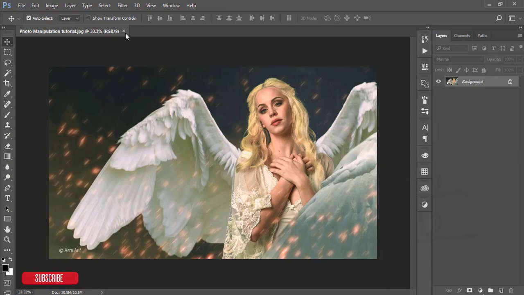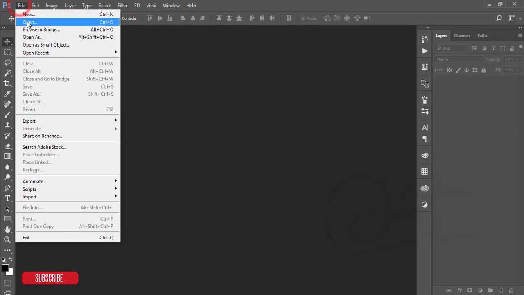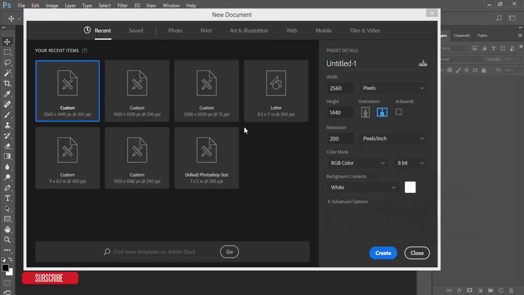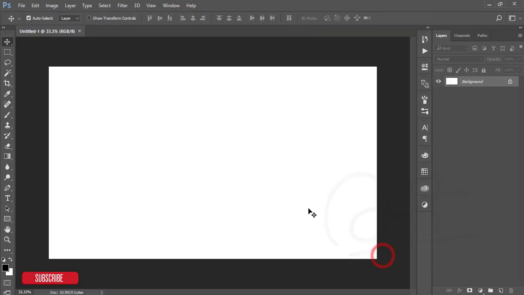Okay, let's start. At first I'll go to File and take a new canvas or artboard, whatever you want to call it, which is 2560 by 1440. The resolution is 200 ppi, or pixels per inch, and hit the Create button. After that, go to File and